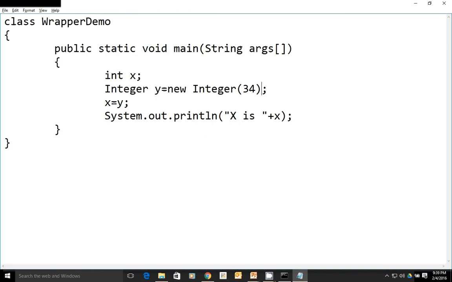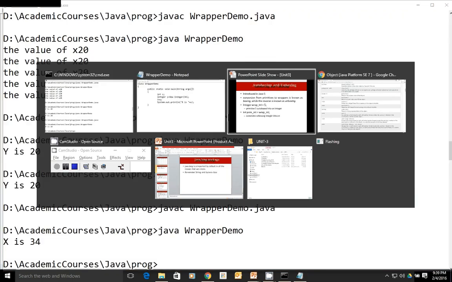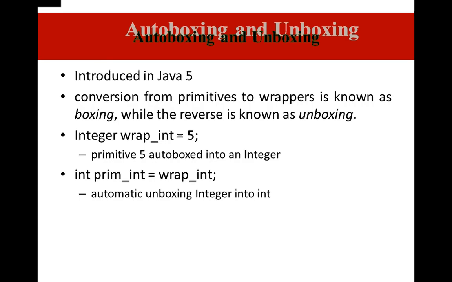Here the object is assigned to an integer variable or a primitive data type. That time auto-unboxing happens, and whatever value is stored in that particular object is assigned to the corresponding primitive data type variable. This is all about autoboxing and auto-unboxing.